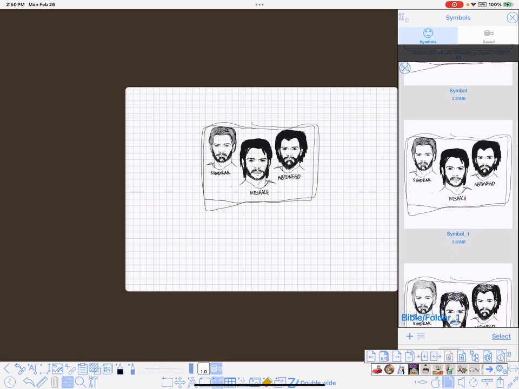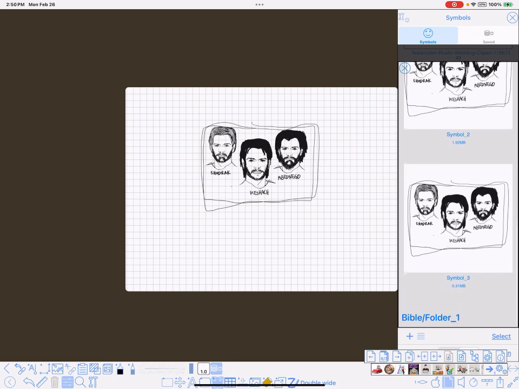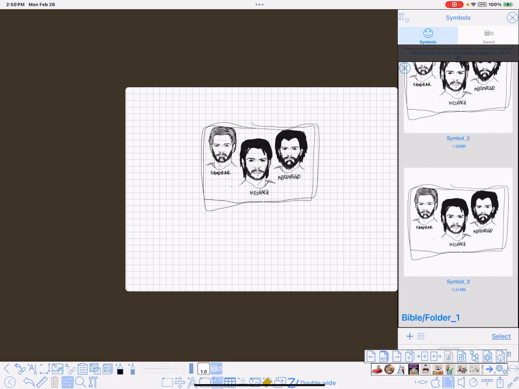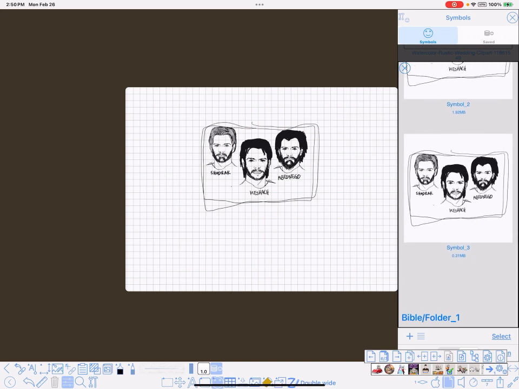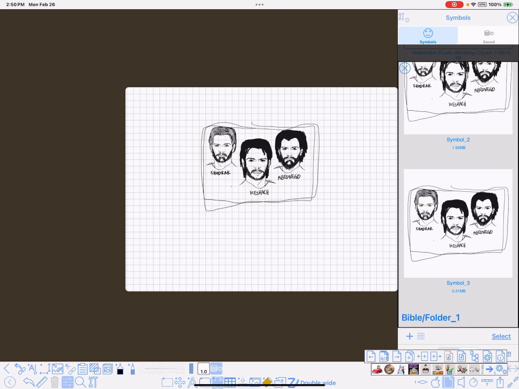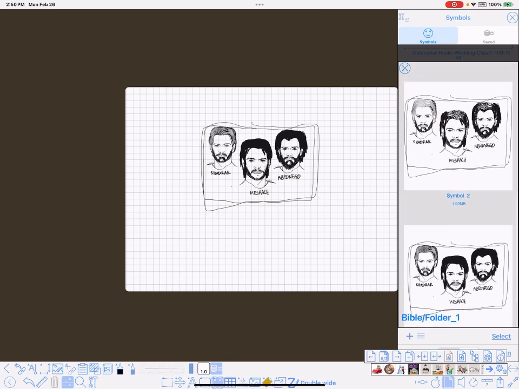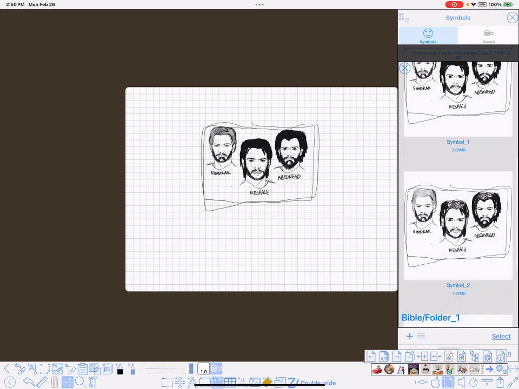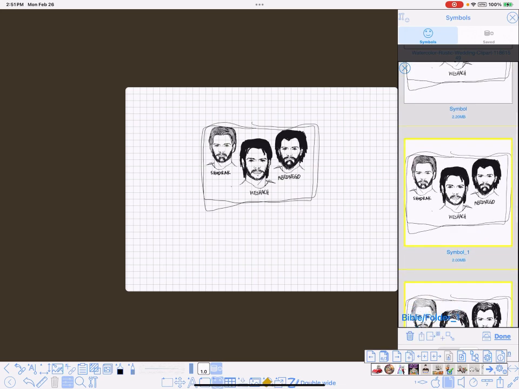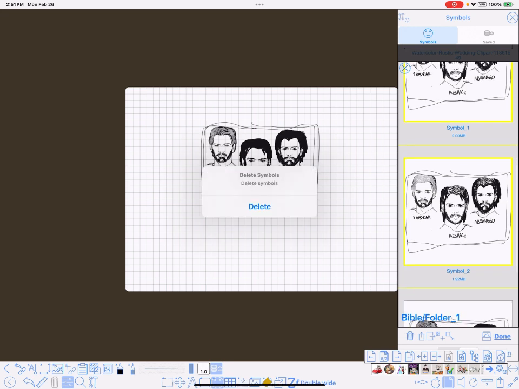But if I want to use the 3 of them together, I'm going to use the smallest version of the 3 of them after it's been reduced in size. Okay? So I would use the 0.31 as opposed to any of the others because it's a smaller version and the resolution is plenty good enough. So basically what I'm going to do now is delete the others. I'm going to select the other 2 and keep the top one, and I'm going to trash those